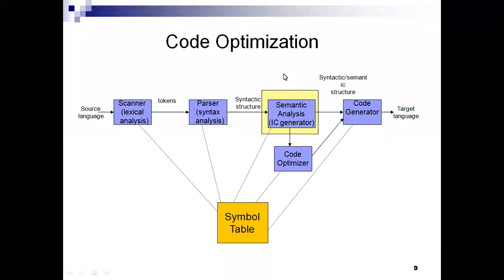So see the structure, then it can easily identify that these are represented at one place. Whatever the two phases, semantic and intermediate code generator, are represented at one place. Under this, the code optimizer was represented, and the outputs of intermediate code and the code optimizer are the same. Then there itself we get a semantic structure, which we can also call an intermediate language structure. Then that is given as an input to the code generator, and finally we are generating the target code.